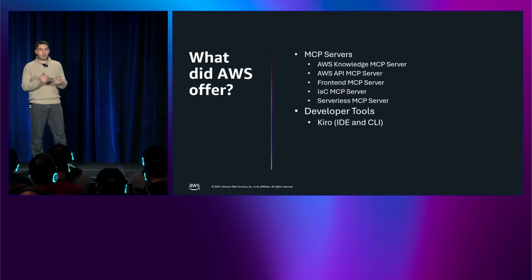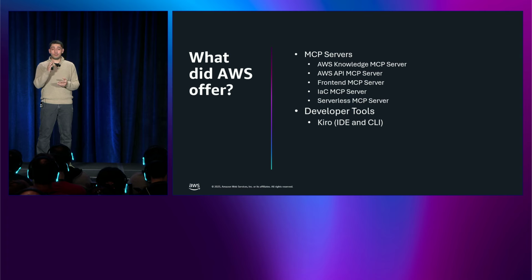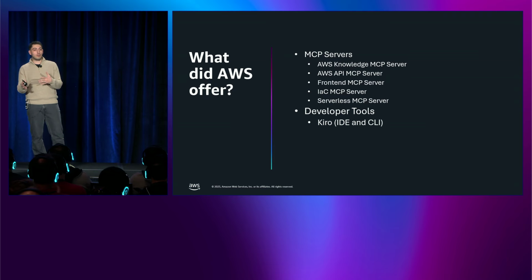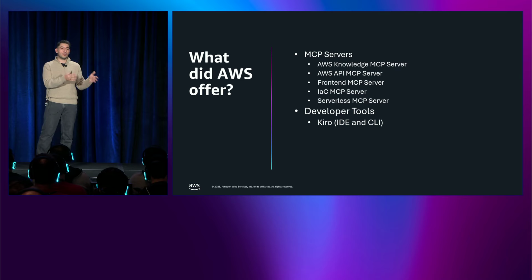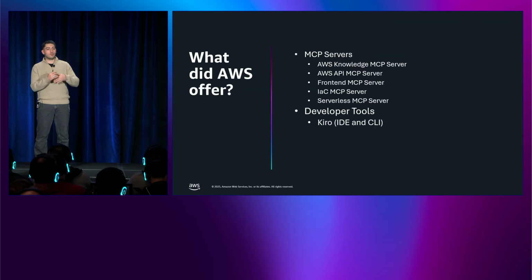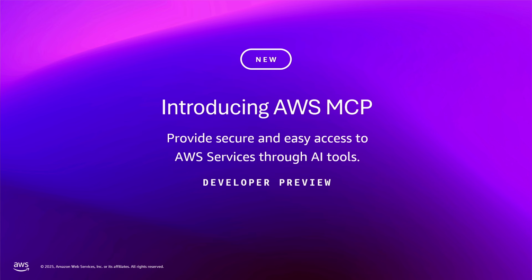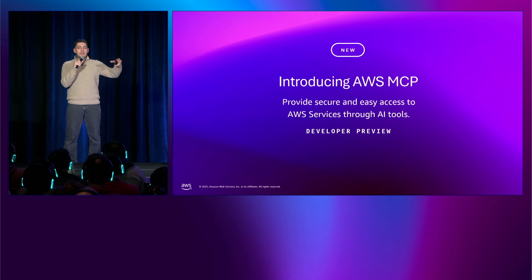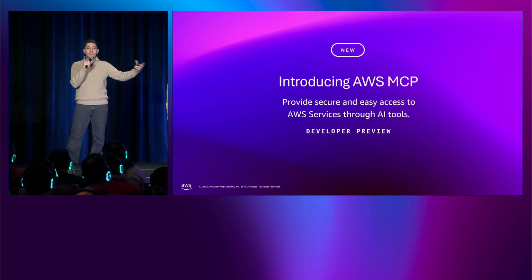And maybe you heard, we released Kiro in the middle of July. Kiro is the agentic IDE that allows you to not only vibe code, but also do spec-driven development, so you tell it what you want, and it actually brings it into a more structured way. Today, one more time, I'm happy to announce AWS MCP. AWS MCP is there to bring together the Knowledge MCP that we have, the API MCP and many others. These MCPs give you a chance to create your full-stack applications through the procedures that we already created for you.